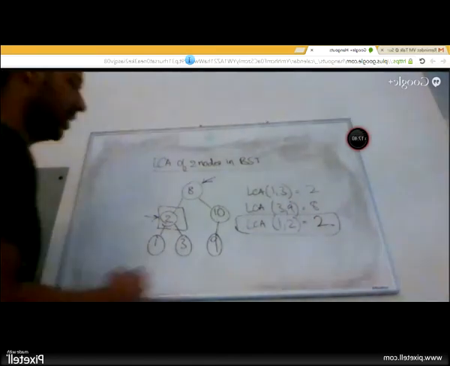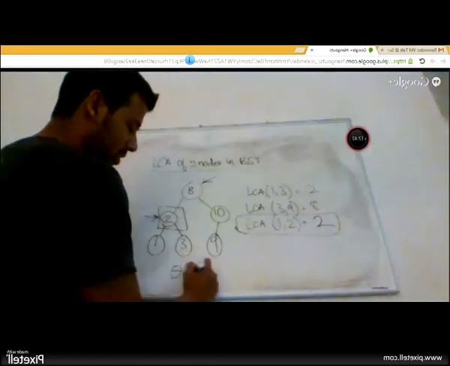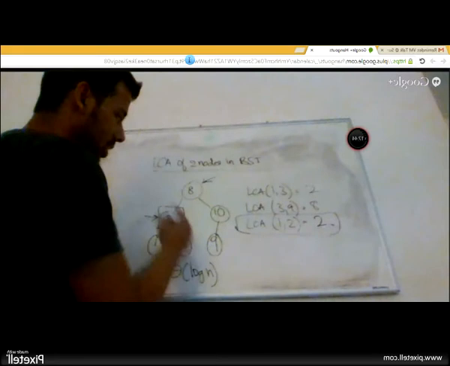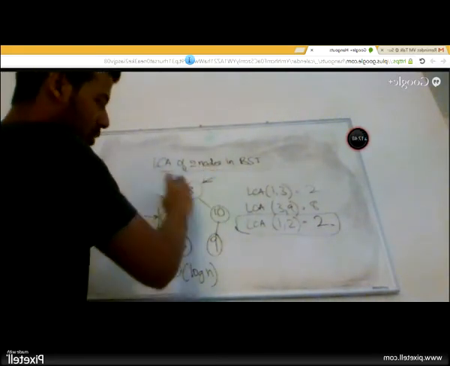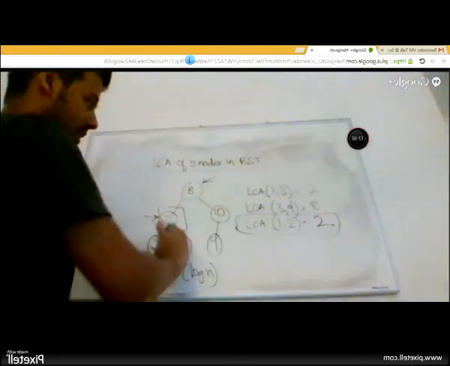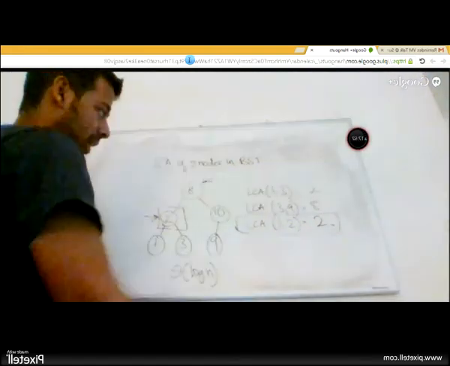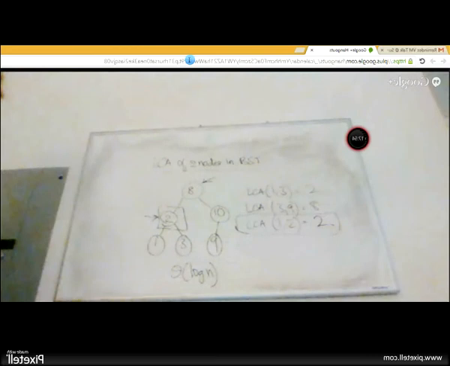Log n. Log n, correct. The reason why it is log n is that once again at every node we take a decision whether to go left or right, never both. The moment we go to the left, we can cut down the right subtree completely.